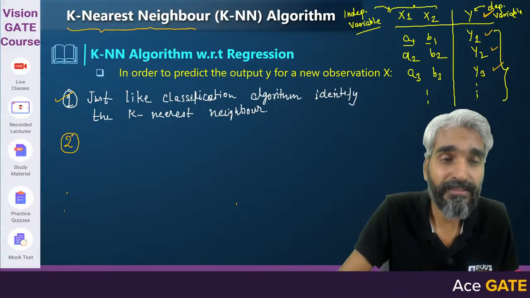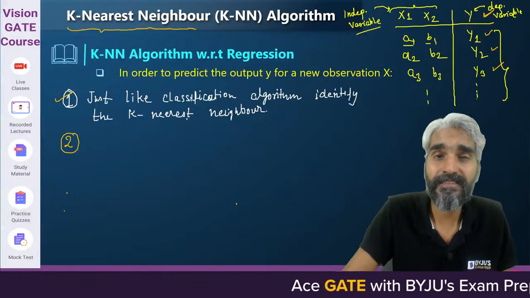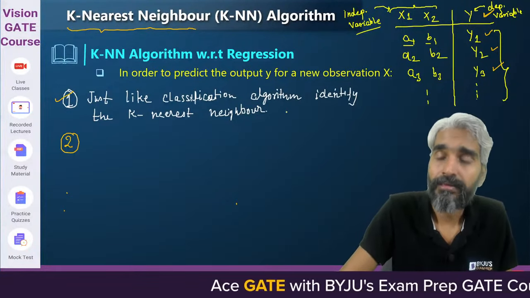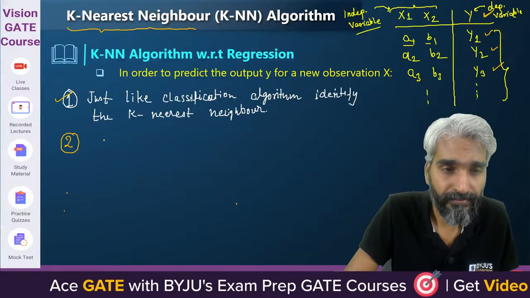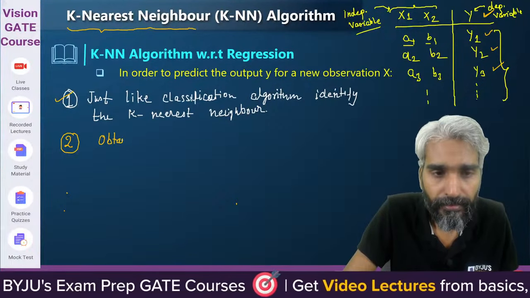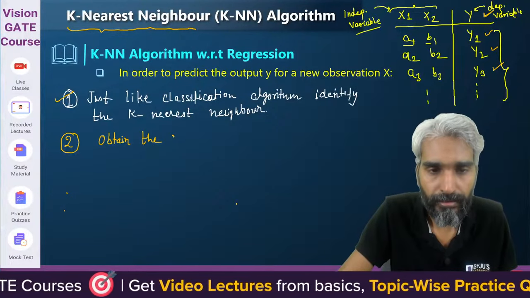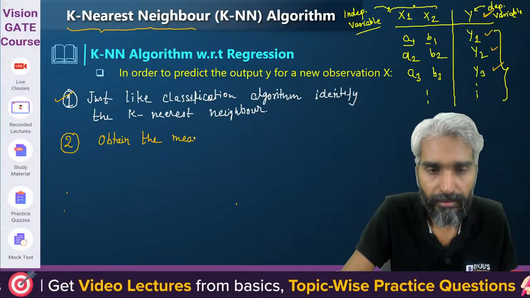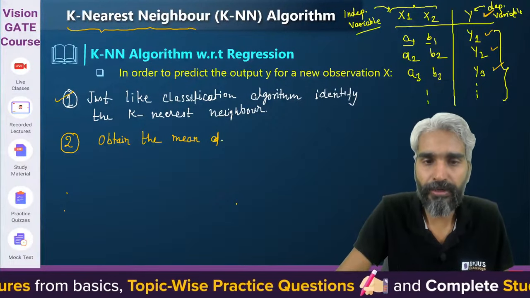Okay, let's look at this. Just like classification algorithm, identify the k nearest neighbor. Then what, sir? Obtain the mean corresponding